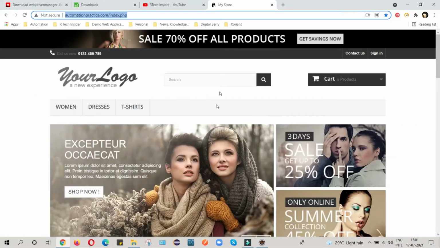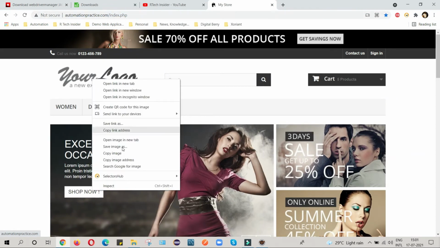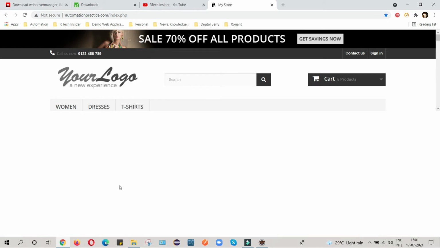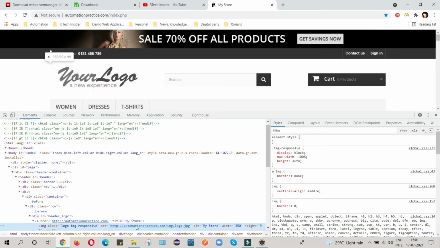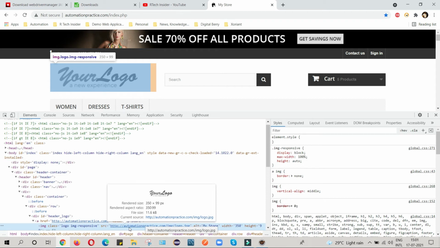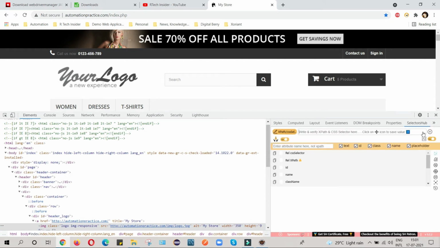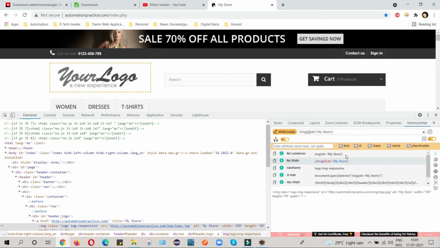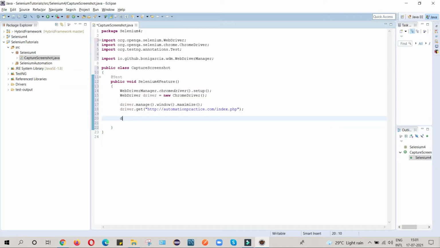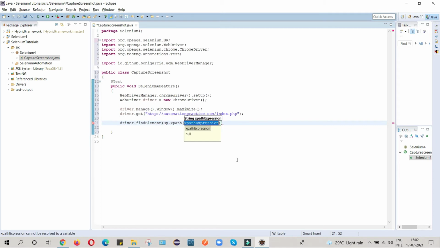Now I will find the locator of this particular logo. I will just right click, go to inspect, and this is the source of the logo. I will just copy the XPath. This I will copy, and I will write driver dot findElement by XPath, and here I will paste the XPath.